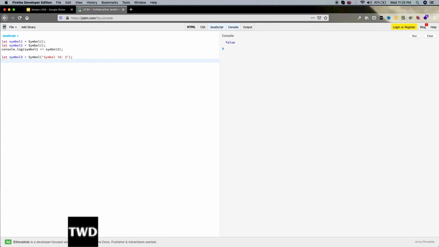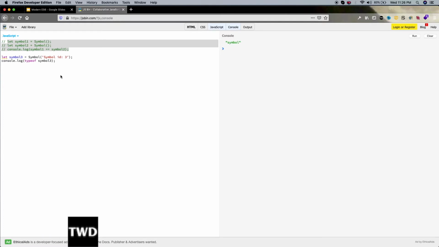One more thing, as you might know, we can see the type of anything with the typeof operator in JavaScript, whether it is a number or a string or so on. Let us see the type of a symbol. typeof symbol3. Let me comment it out, clear it, and it is symbol.